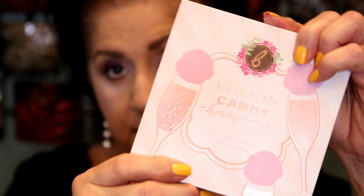So I really do enjoy this palette. I think it's very pretty. I looked on the website, and I think this is the only palette that they have. I don't remember seeing any other ones. I know on Amazon I only saw this one, but I definitely like it. I think it's very pretty. I love this